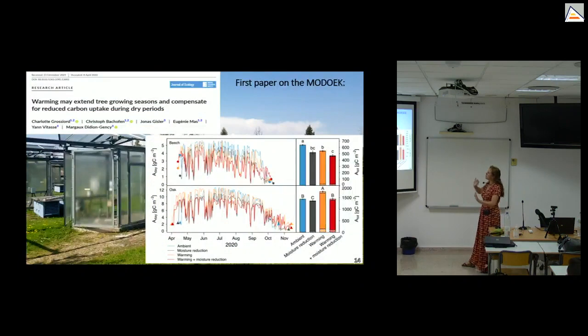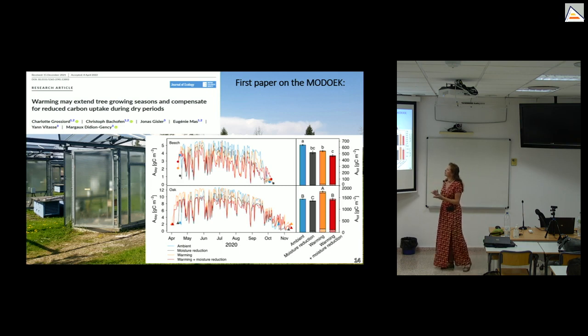And then I would like just quickly to show you this first paper that came out on the MODEC data. If you are interested to learn more about this experiment, it's a paper that just came out a few months ago, and that presents that warming may extend the tree growing season and compensate for reduced carbon uptake during dry periods. So I invite you to check this paper if you are